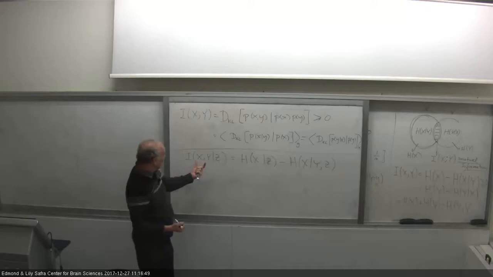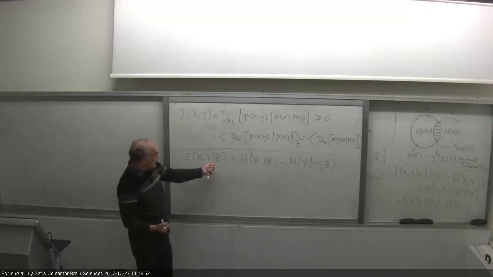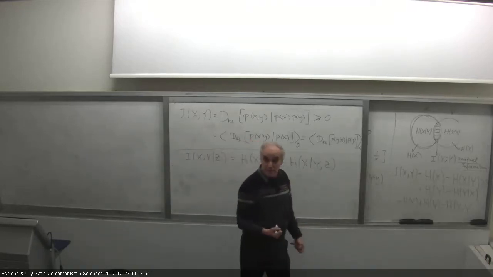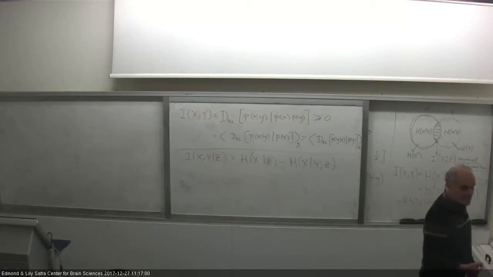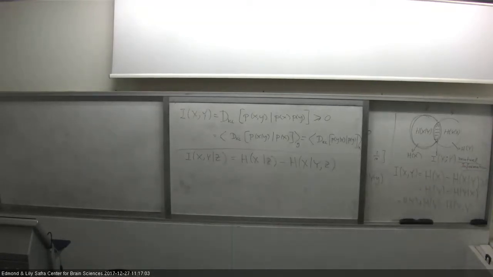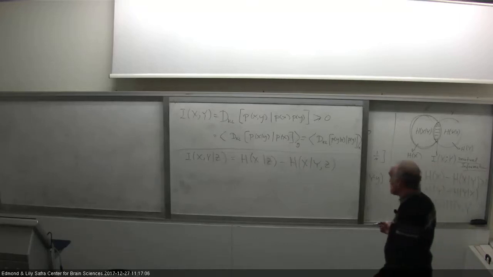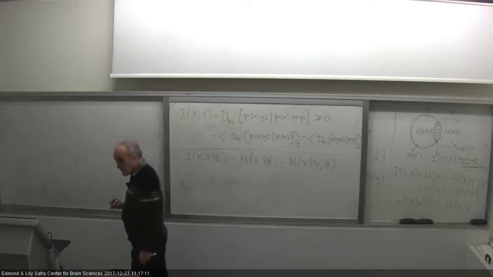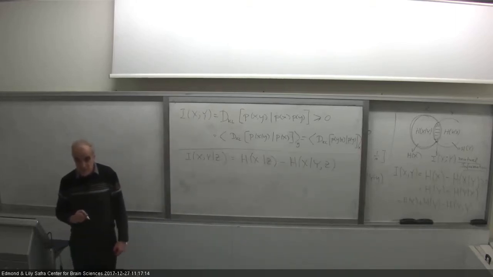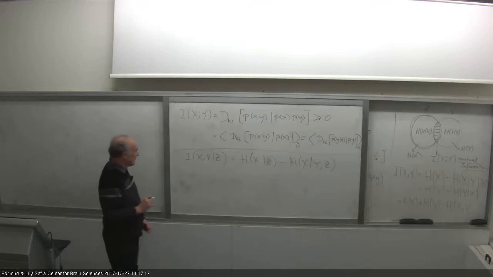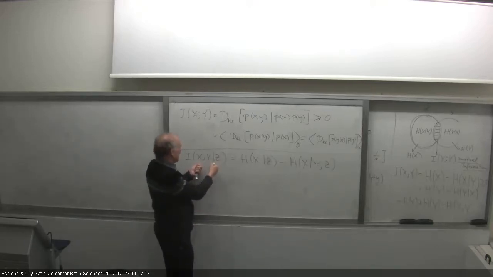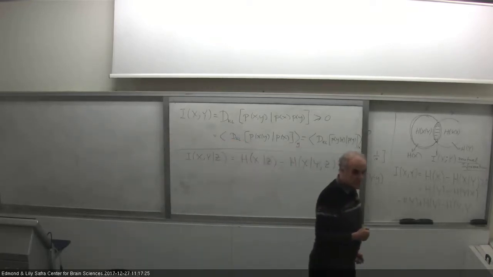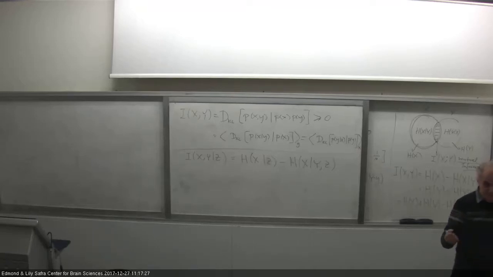So I just do everything conditioned on z. So essentially, I want to know how much of the conditional entropy of x, when I know z, is removed when I also know y. Okay? So this, again, it's a very intuitive, very natural definition. And this, by the way, can be both positive and negative. It's not obvious what the sign of this is. So this is actually interesting, because sometimes conditioning on something can increase the mutual information, and sometimes conditioning on something can reduce the mutual information. So it depends how they are related to each other.